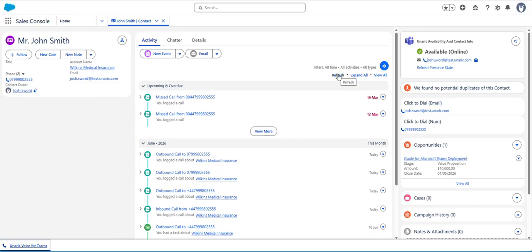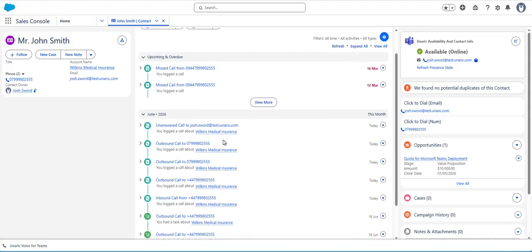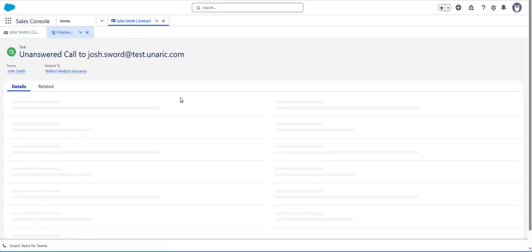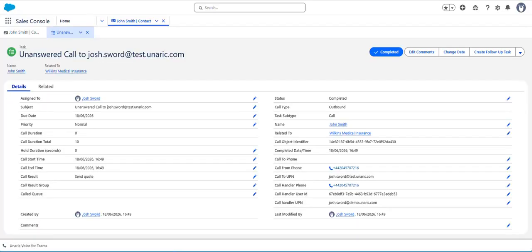We do also differentiate between PSTN calls and SIP calls. That has generated a Microsoft Teams SIP to SIP call. In here you can see outbound calls too, and where the phone number is present, we know that this is a PSTN call. Where the email address is present, we know that this is a SIP call. Inside of the phone task itself, you can also see that the call to phone field is blank because we haven't called a telephone number, but we can see the call to UPN, or user principal name. That field has been populated with the email address or the SIP address of the contact that